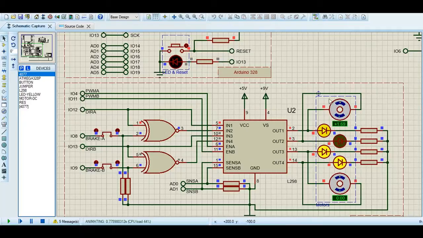We can clearly see that the motor connected across channel A is rotating in the clockwise direction. It is still rotating. Eventually it is going to settle at some particular value. We can see that the speed of the motor is no more increasing after 35.1 RPM. Now let's stop the simulation.